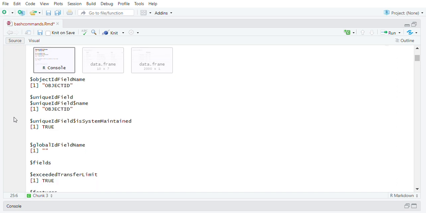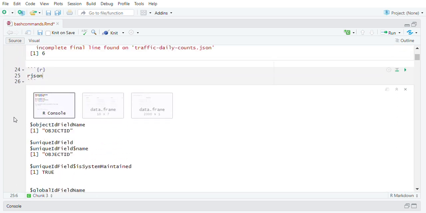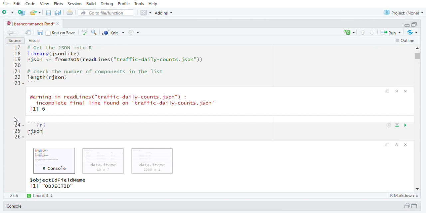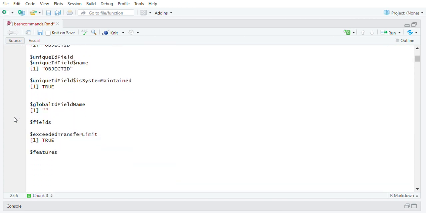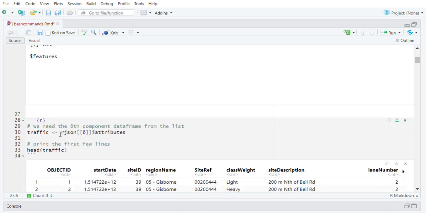The sixth is the one that we want. So we need the 6th component data frame from the list, and the 6th component gives the values of the attributes. So let traffic equal rJSON double square bracket 6, dollar attributes,